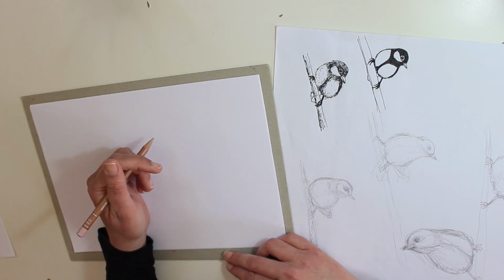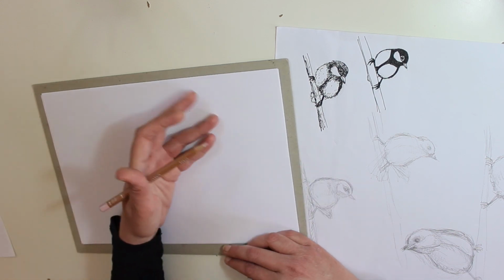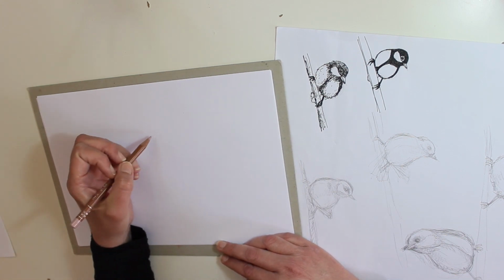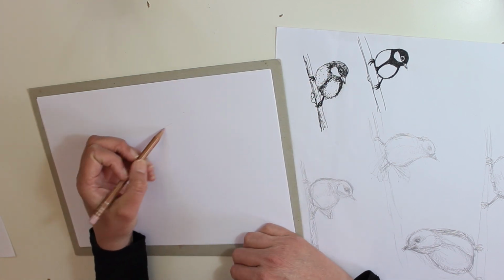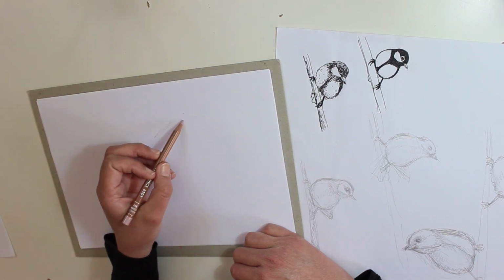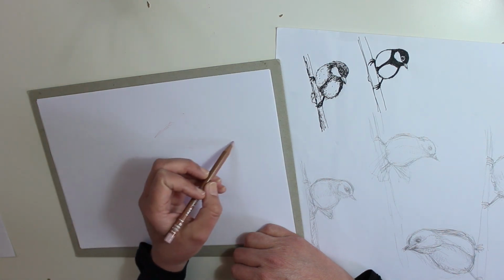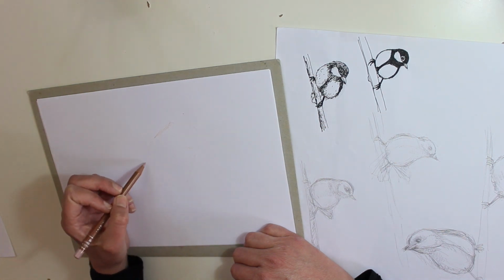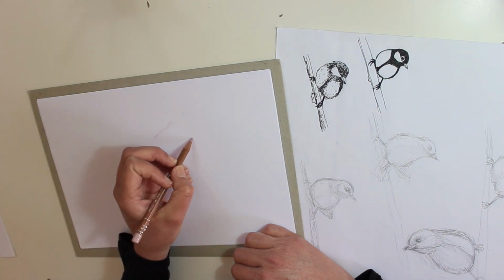And after drawing so many of these little birds, I feel like I know more or less how they look, and I'm not trying to depict one. So let's say this is an imaginary bird. So I'll have this angle of the back and then the head, and I can make it look over here to the side, so the body will be here on the branch,